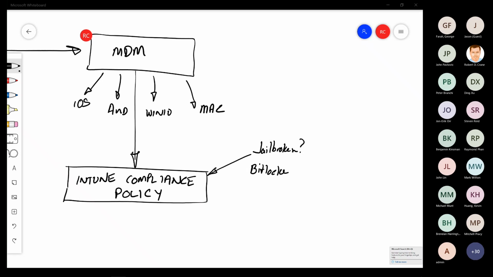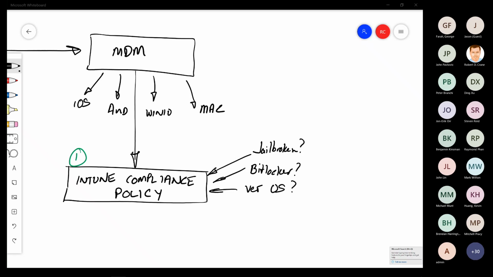If it's Windows 10, what's the version of the OS? It's going to take all those inputs to determine whether the device is compliant. That really should be the very first thing you think about implementing inside your environment, because it is going to help you determine whether the device is suitable